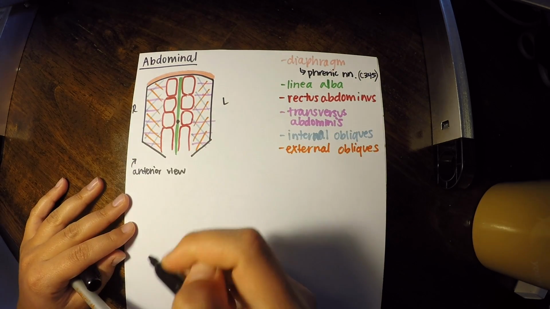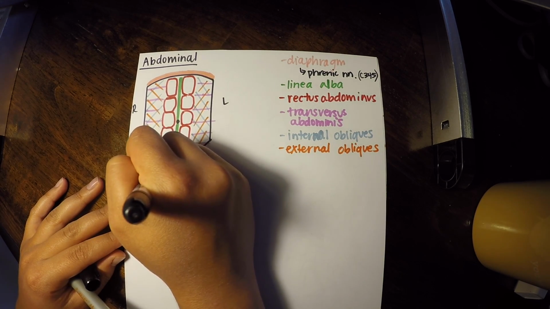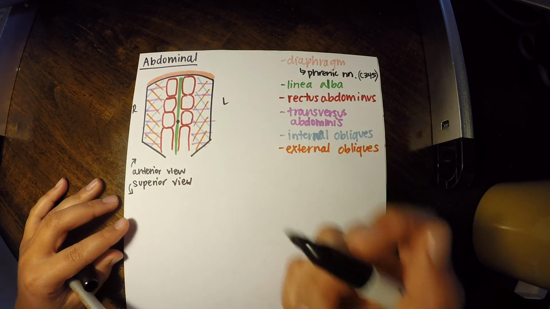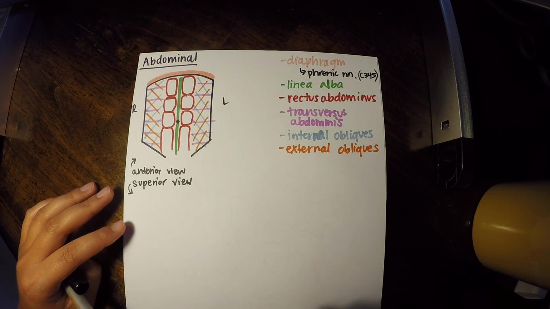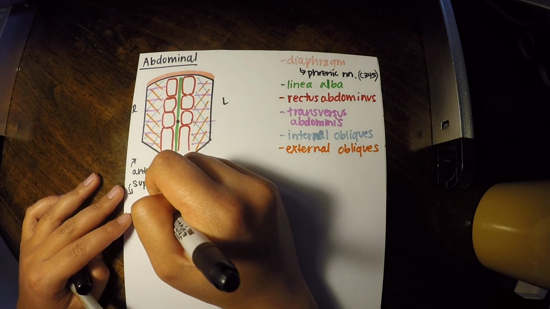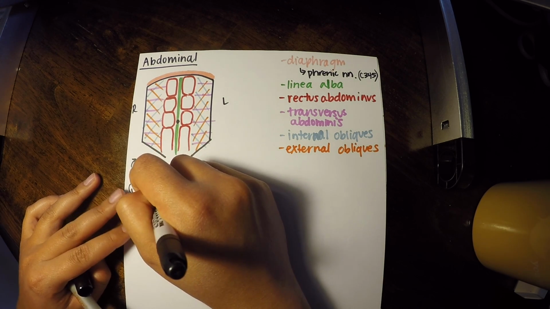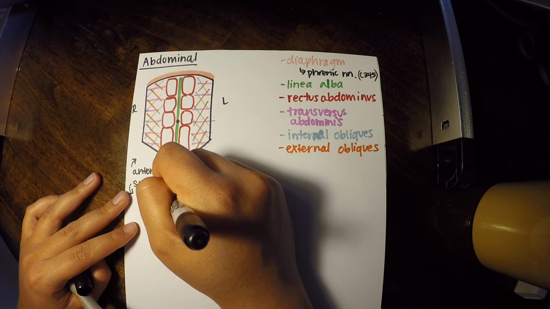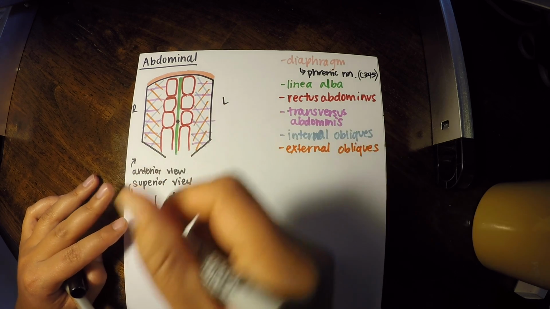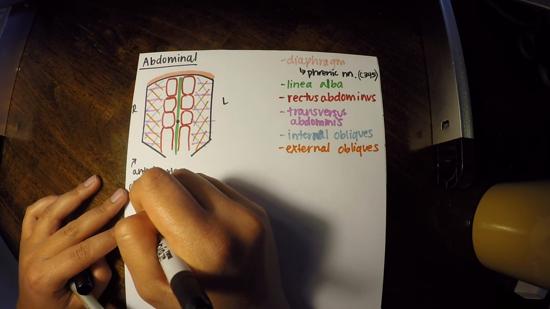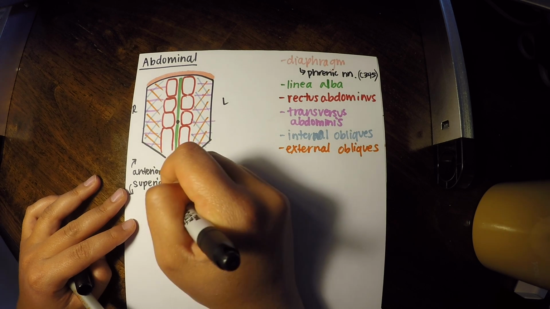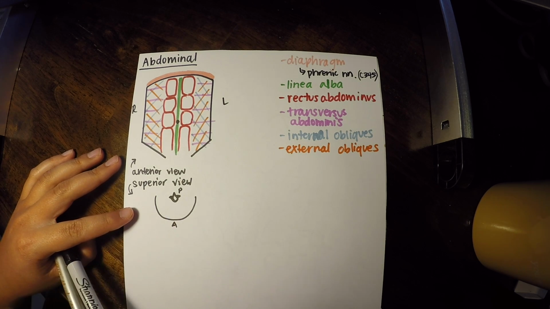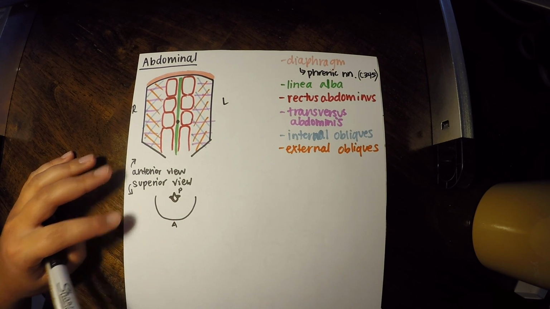So this was our anterior view, and now we're going to do a short superior view right down here. So all we're going to be doing is we're going to be, let's just draw our trunk here. So here's a little vertebrae in the back, so we know that this is anterior and this is posterior. So we're looking at a superior view, we're looking down into someone's like little belly.